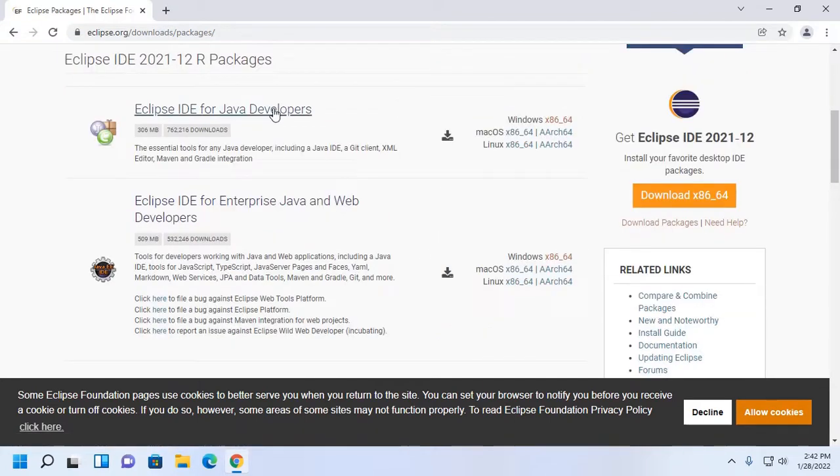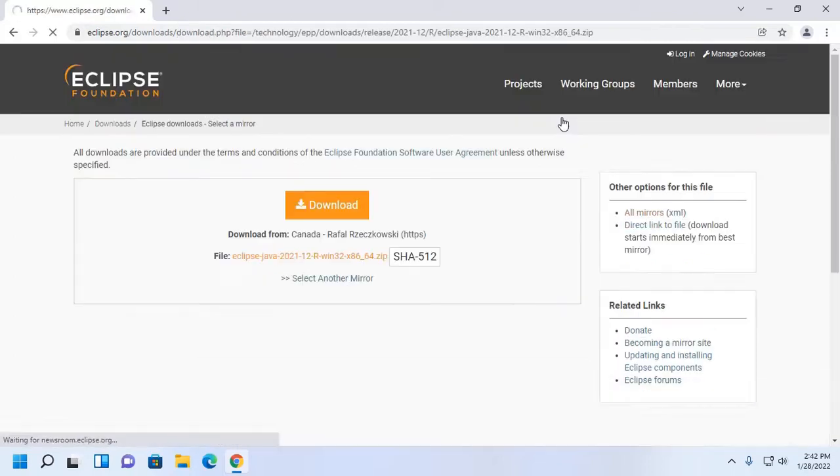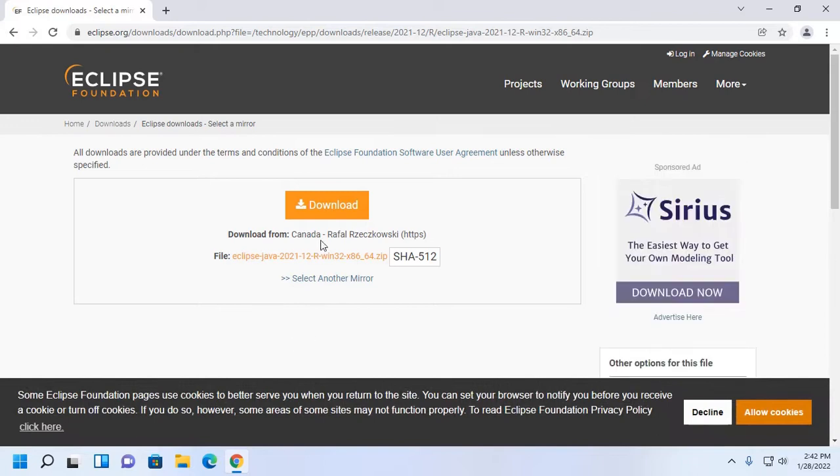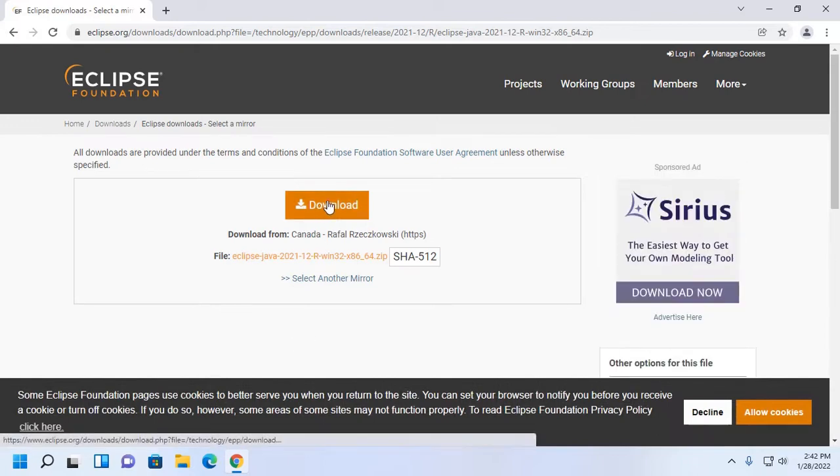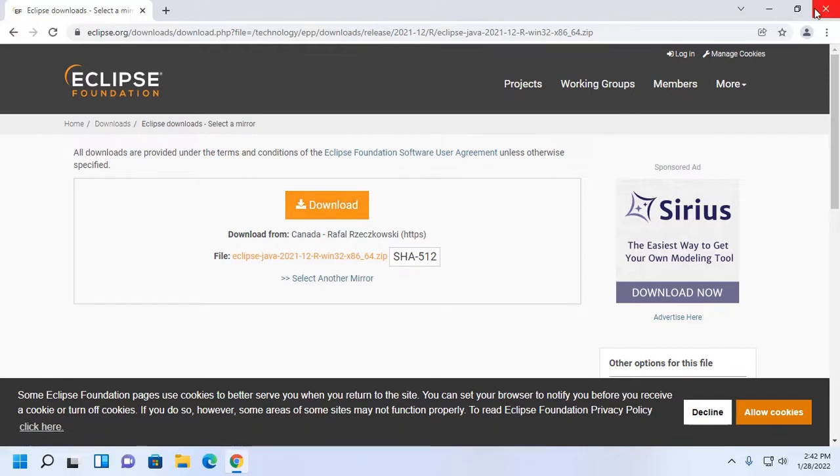Now download this package. Click on this link. Now click on this download link to download Eclipse for Java zip archive file. After a successful download, go to download folder